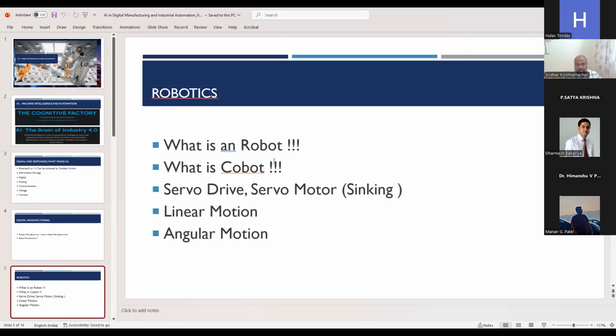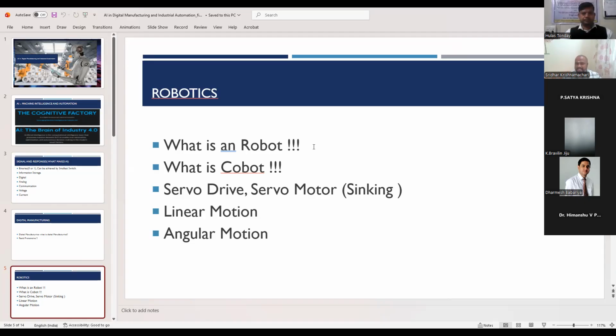What is the difference between the cobot and robot? Okay, I'll take you forward. A robot is nothing but something which works as per the command, for example, programmed with the pendant. I think you might have seen the robot and pendants and all. The program is such that we can teach the position where the robot should reach and what operation it should perform. The application of robots is in welding, or painting, or wherever it is. So the reach is the main concern of a robot.